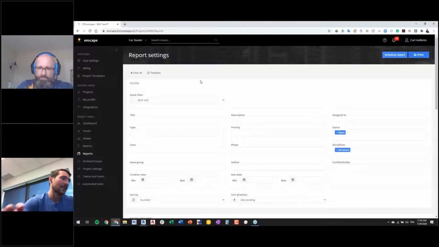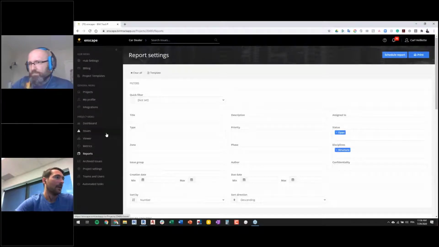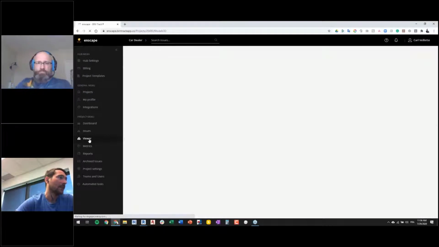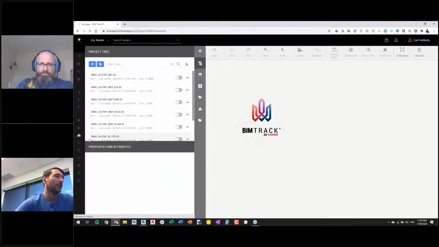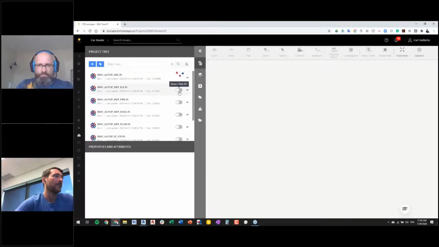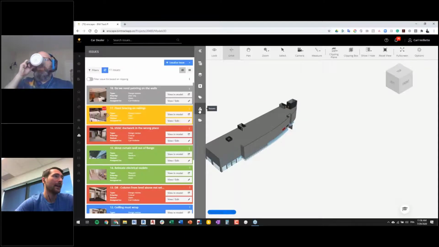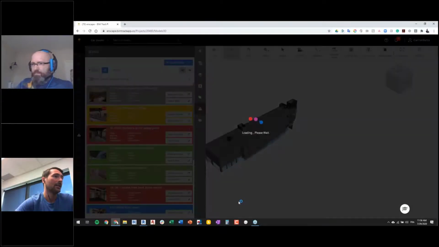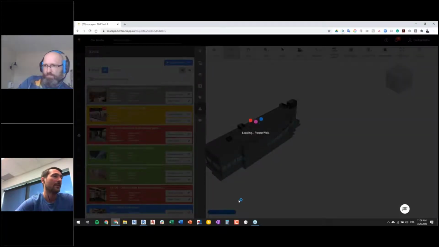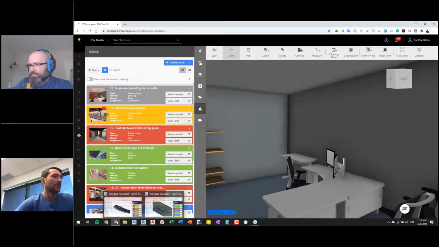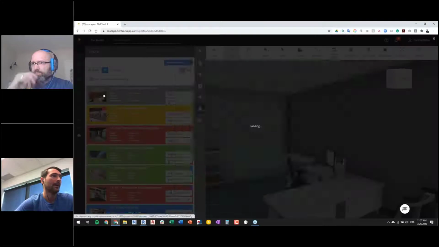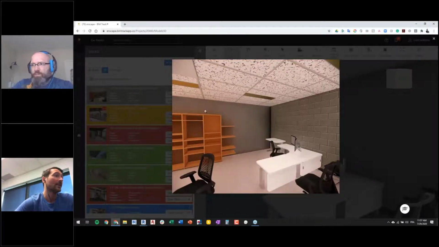Kind of workflow where you can access issues raised in BIMTrack inside Enscape, or raise issues inside Enscape and see them in BIMTrack. So we can also, for example, give access to the models in the BIMTrack viewer. So if you were to share, for example, certain models, the owner could access the issues directly in the web-based browser like that, just clicking on the view and model, and it's going to drive them to the right location. So this way, everybody is talking around the, I would say, the latest version of the models.